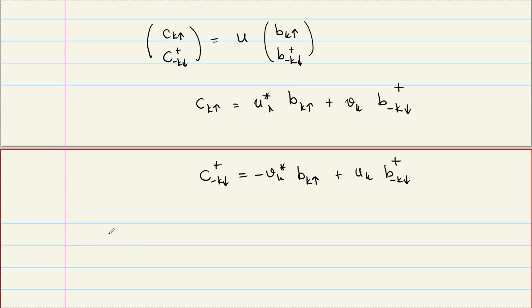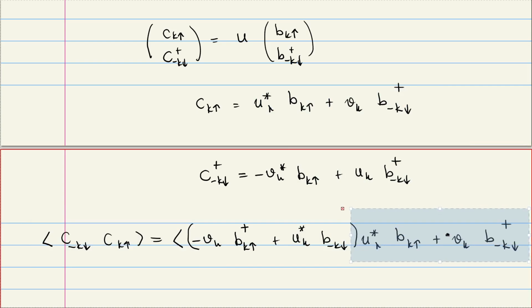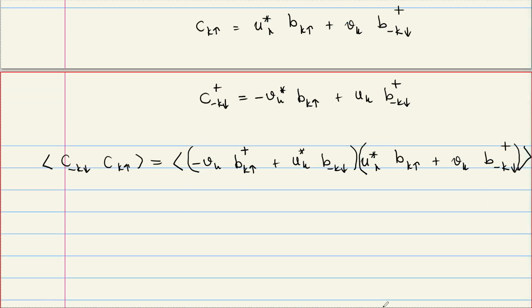Then what we want is to calculate the expectation value of c minus k down, c k up, and since I have this, it's going to be a little bit quicker. So this is the expectation value of c minus k, and I need to take the Hermitian conjugate like this. So this is dagger, this is u star, and this is no dagger, times c k up, which is again defined. And here you can see we have minus u k star